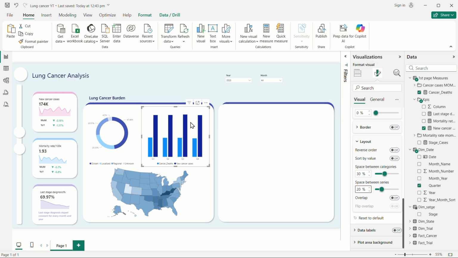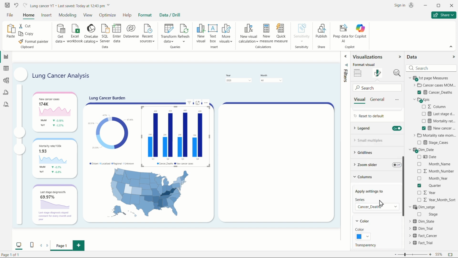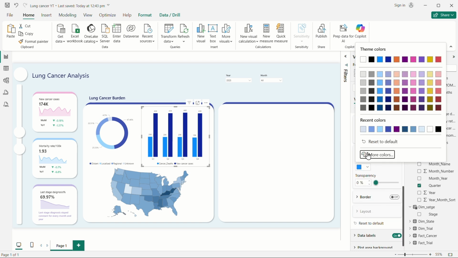All right, so it has been done now. Resize it. You can select the data labels here, and after that we will color it. In the columns, click on apply settings to, and go to cancer deaths. In cancer deaths, select the color as